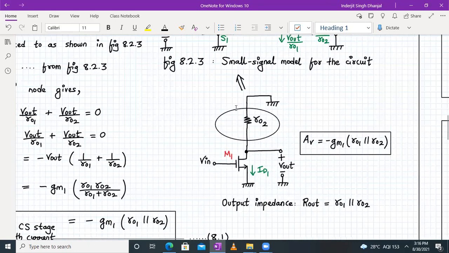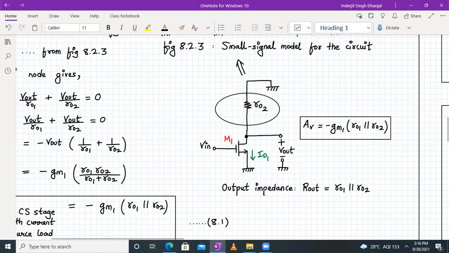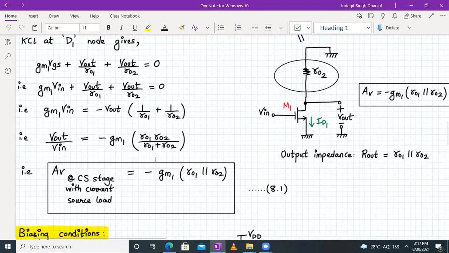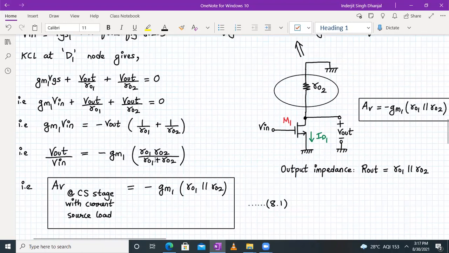Now we have earlier determined this circuit before. We can directly include a resistor between the drain and source terminal for a PMOS transistor working in the saturation region, correct? So the gain AV formula will be minus GM1 into RO1 parallel to RO2. And you can see that the output impedance for this circuit will be RO1 parallel to RO2. RO1 and RO2 themselves are very high values, so their parallel combination will bring down or lower the value. Fine. So this is all about the small signal voltage gain for a common source stage with a current source load.